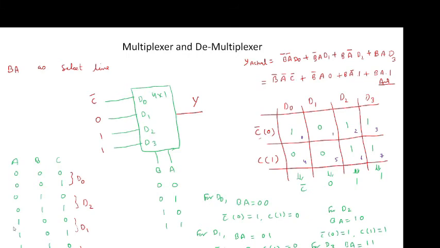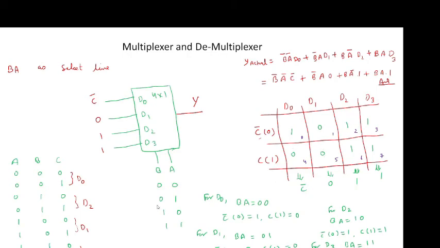For line 4, when BA is 0, 1, C bar 0 is equal to 0 because 4 is not present in the expression, and C 1 lies on line 5, so 5 is not present, so C 1 will be 0. So for D1 I will write C bar as 0 and C as 0.